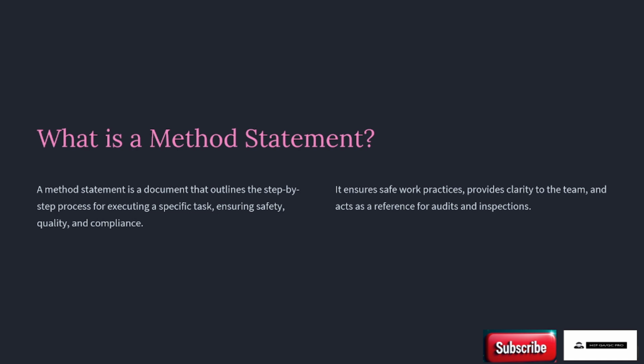that you have to tell them, or you have to elaborate to them, how the process is going to be done at site, what the roles and responsibilities are, and what materials are to be used. Everything will be implemented in this method statement. That is why it is also called a pre-construction method statement, or simply a method statement. It ensures safe work practice, provides clarity to the team, and acts as a reference for audits